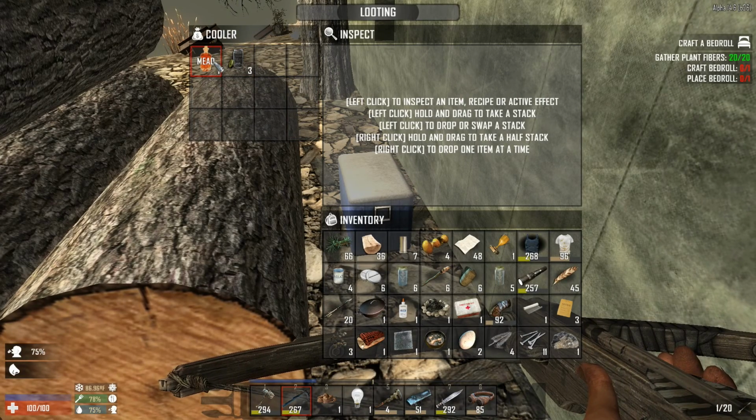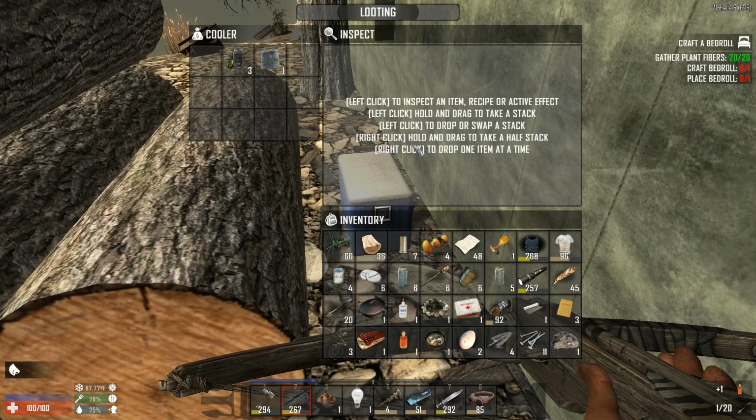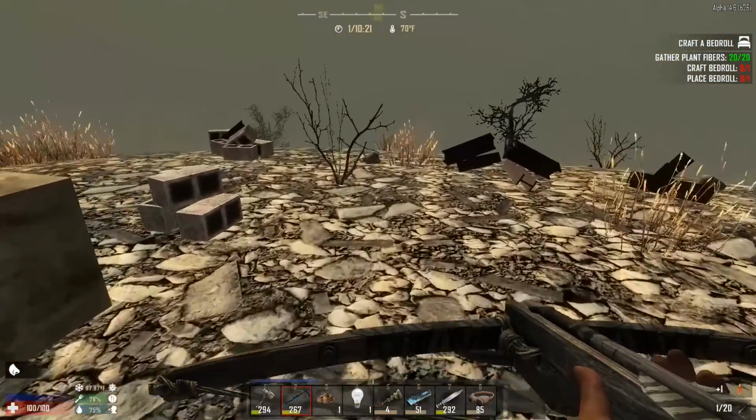Hey, look, there's our mead. We actually want that. So basically what you're looking at here is you're getting 25 stamina, you get 0.2 wellness, and you get -1 hydration because, well, you're drinking booze. What do you expect? Alright, so... You know what? I don't need a glass pane, but I will take that. I'm probably going to regret putting that glass down, but...